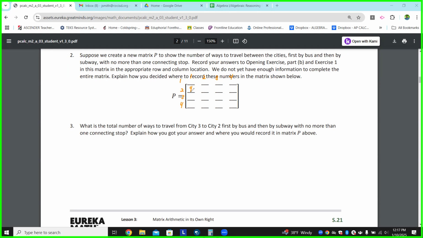Right? So that number was what? Or that row and column. Perfect. Row 1, column 4. City 1. And that basically, again, we'll